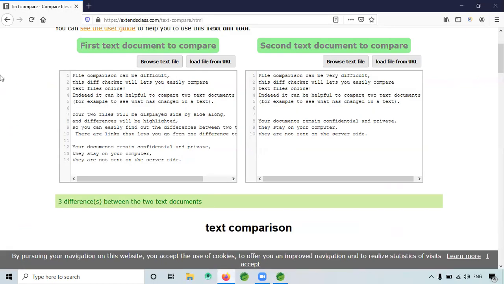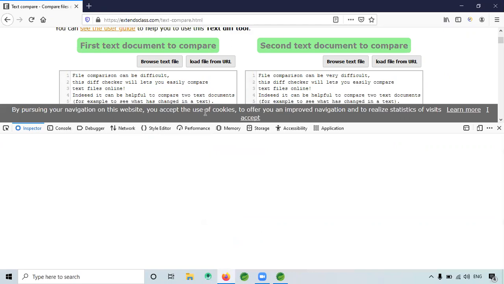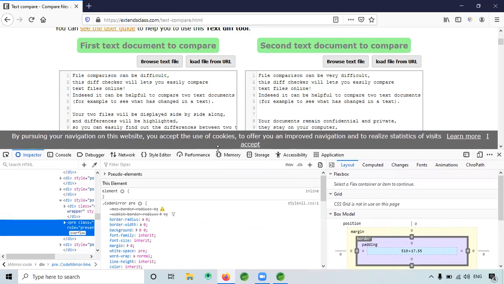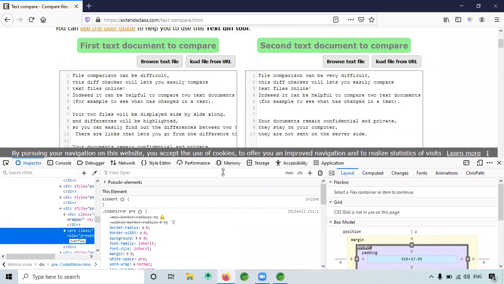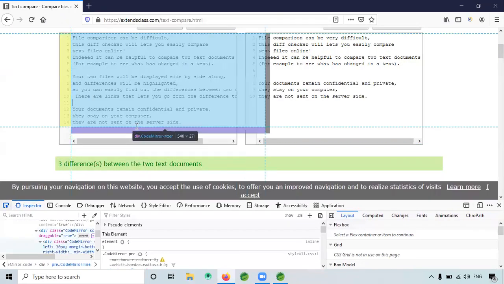I'm right clicking and inspecting the text. When I click this, see, this is the one.